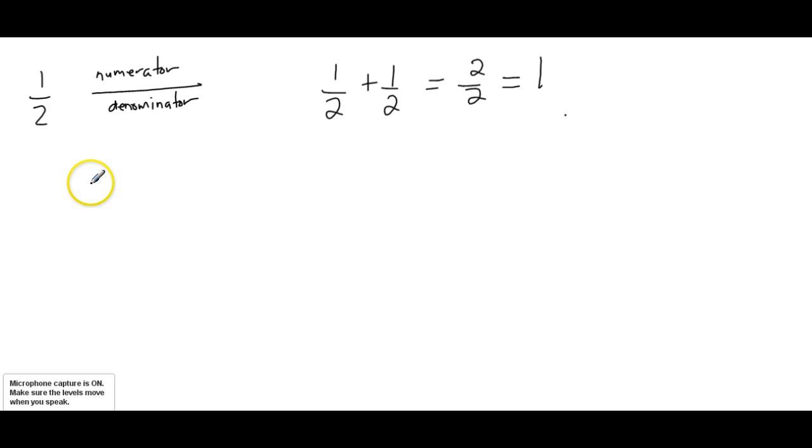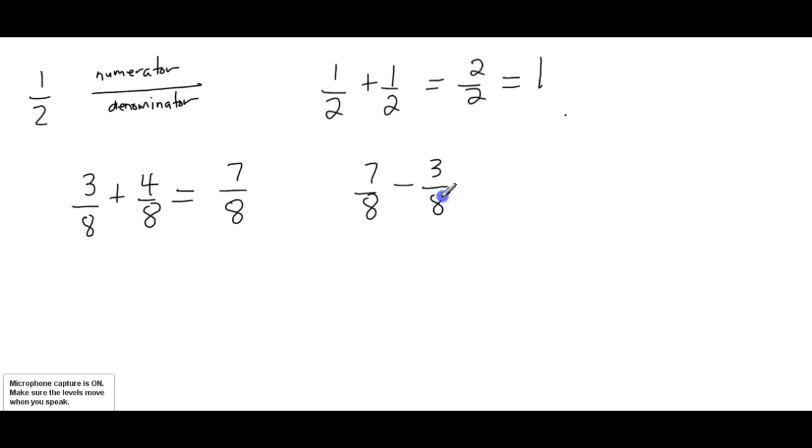Okay, so let's do something like this. Let's say we have 3/8 plus 4/8. Because the denominator is the same, we can just add the 2 top numbers together. That equals 7/8. Okay, because the bottom number, the denominator, refers to the same type of unit. Same thing goes when we're subtracting. If I have 7/8, maybe subtract 3/8, because the denominator is the same, I just subtract the 3 from the 7, and I end up with